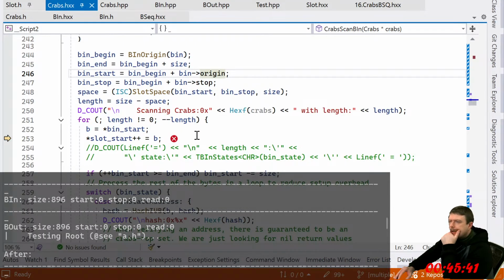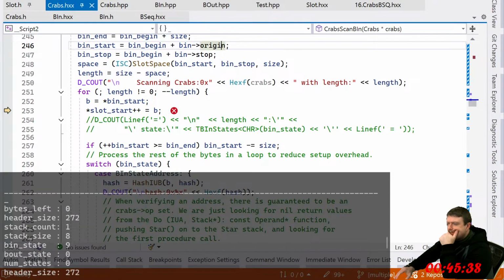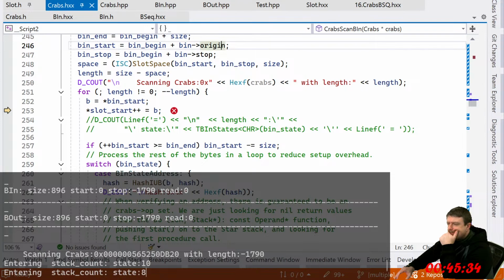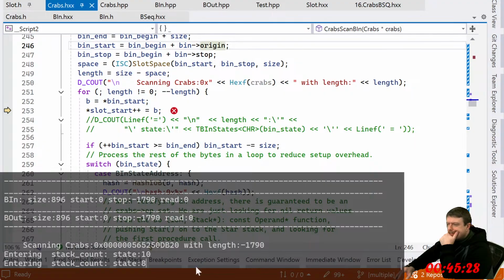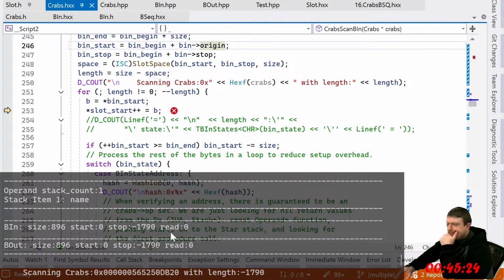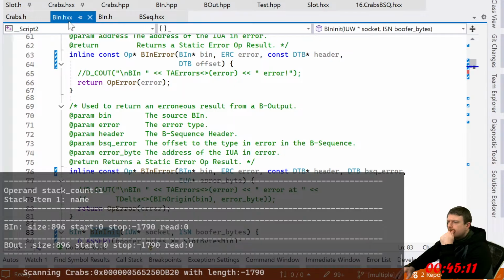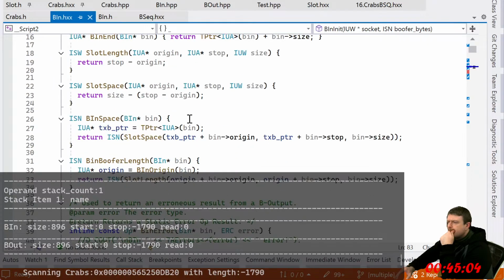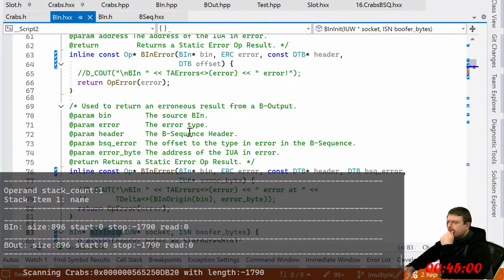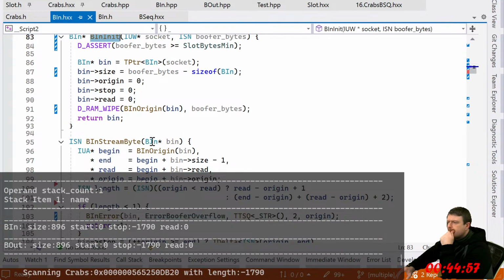All right, back up and running. Now I can read it. Stop is not set correctly. Hmm?